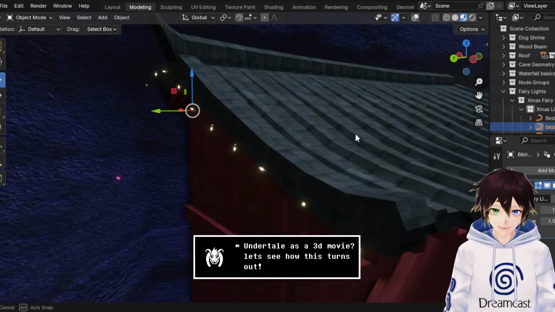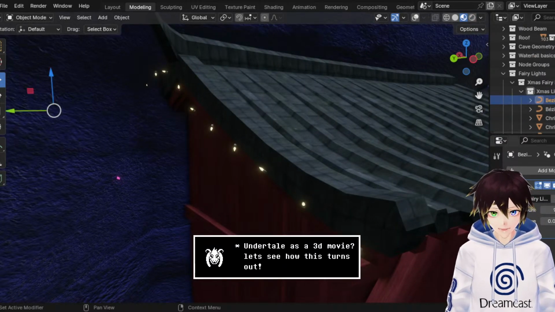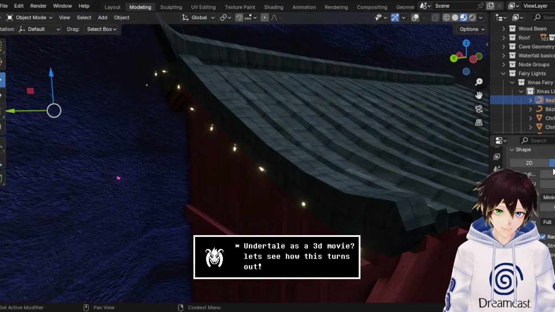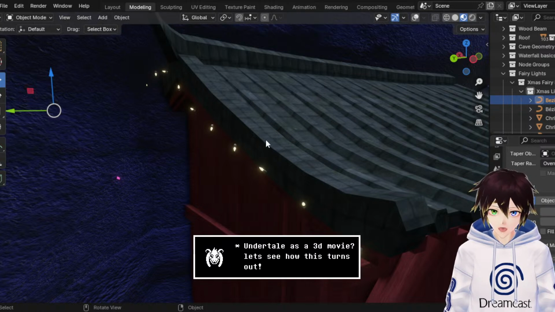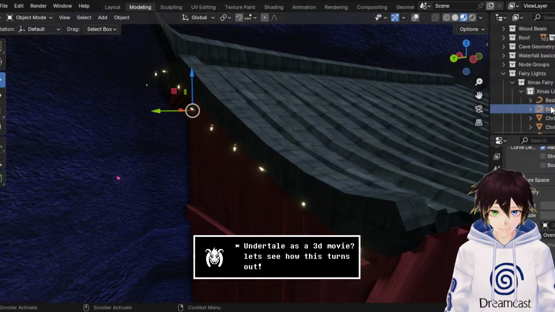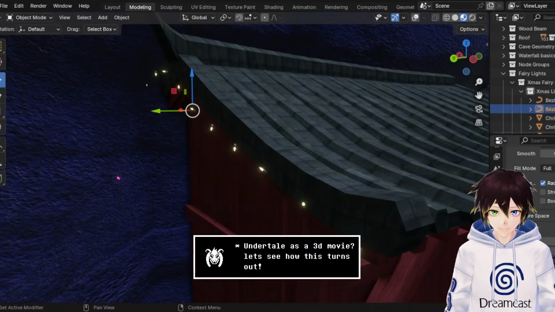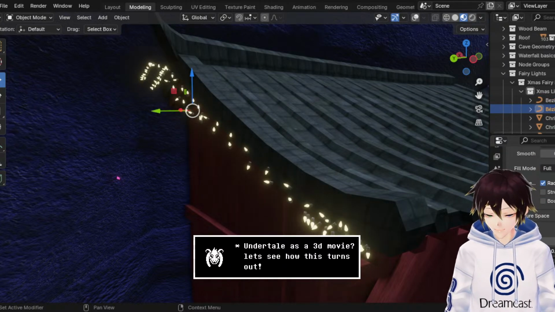The thing I need here is how to make the Bezier curve 3D, and I swear it was like geometry or something. Resolution 8. Geometry. Resolution 1. And then I swear it was something like